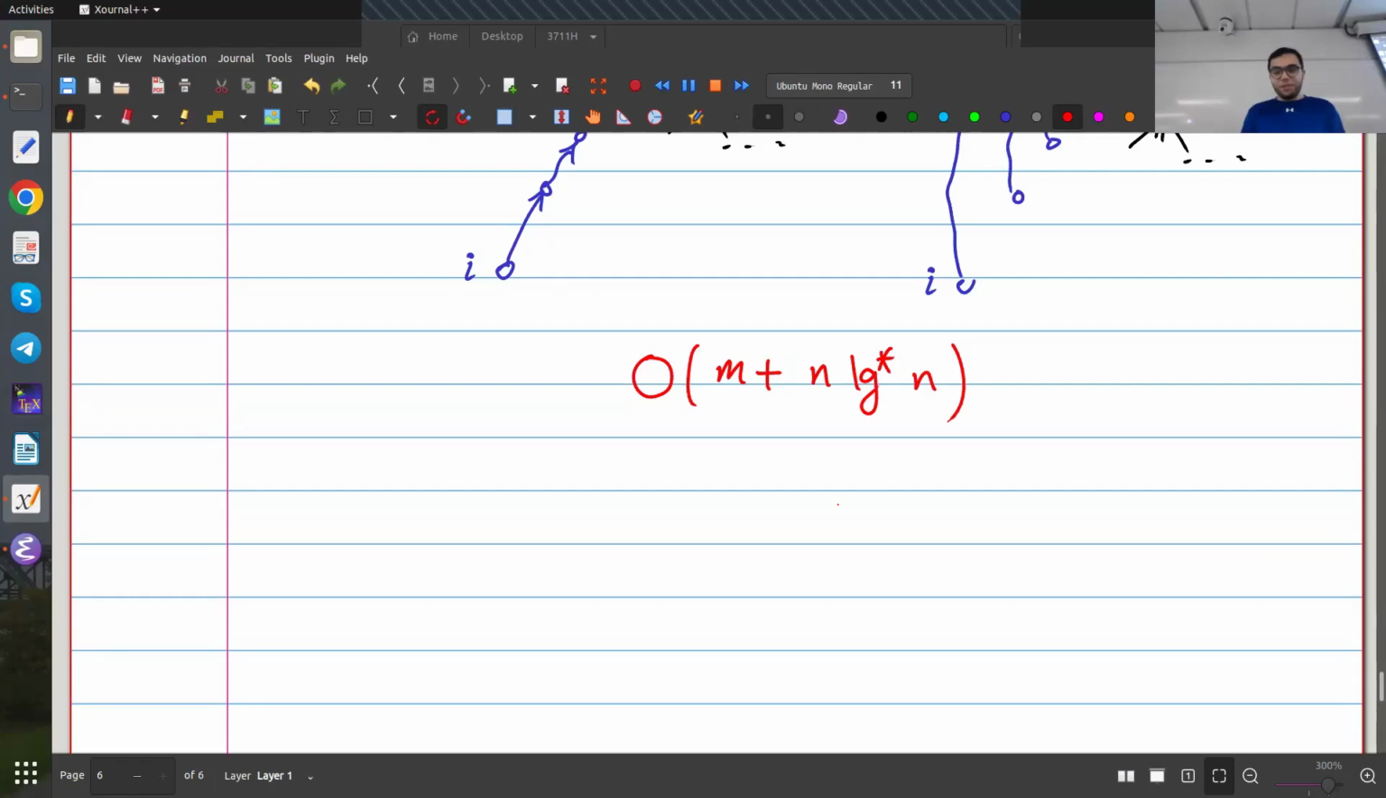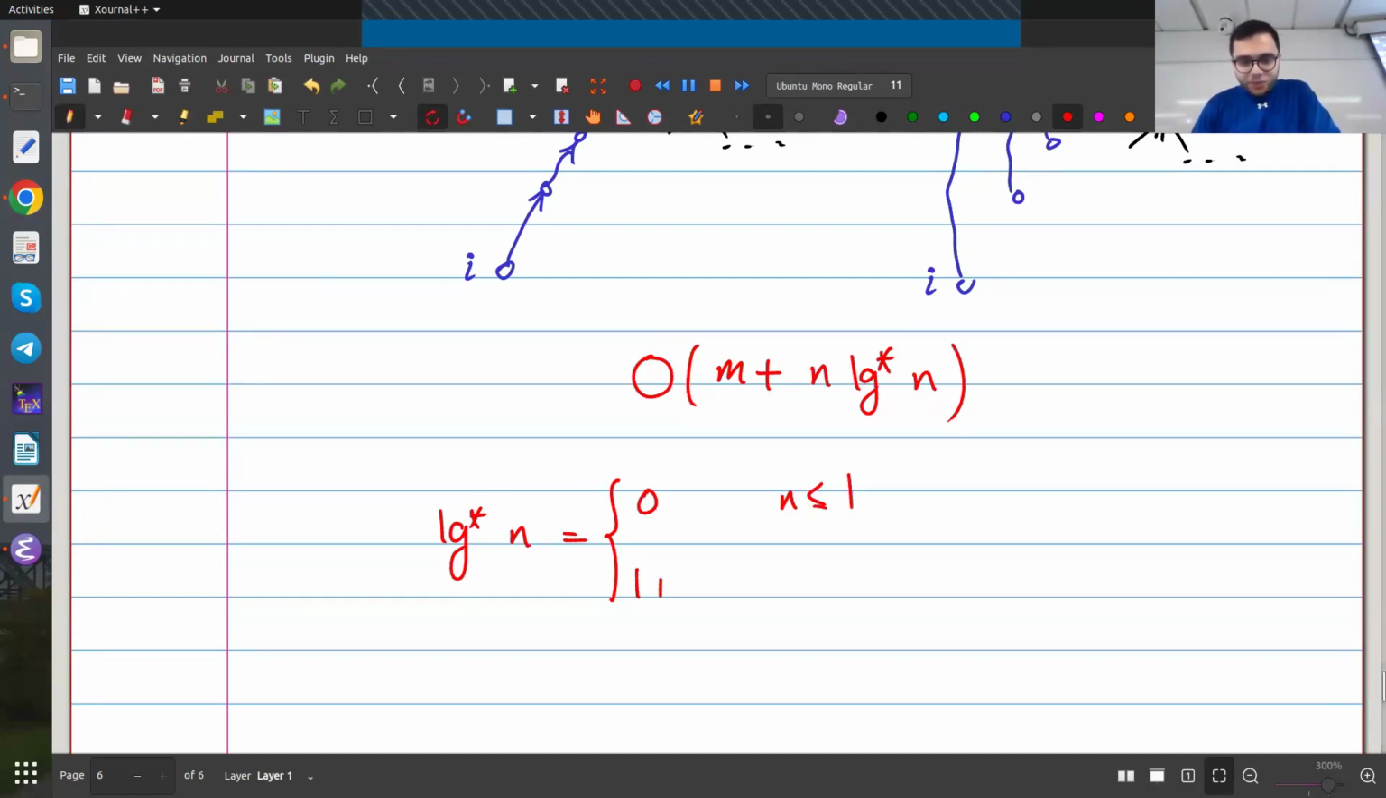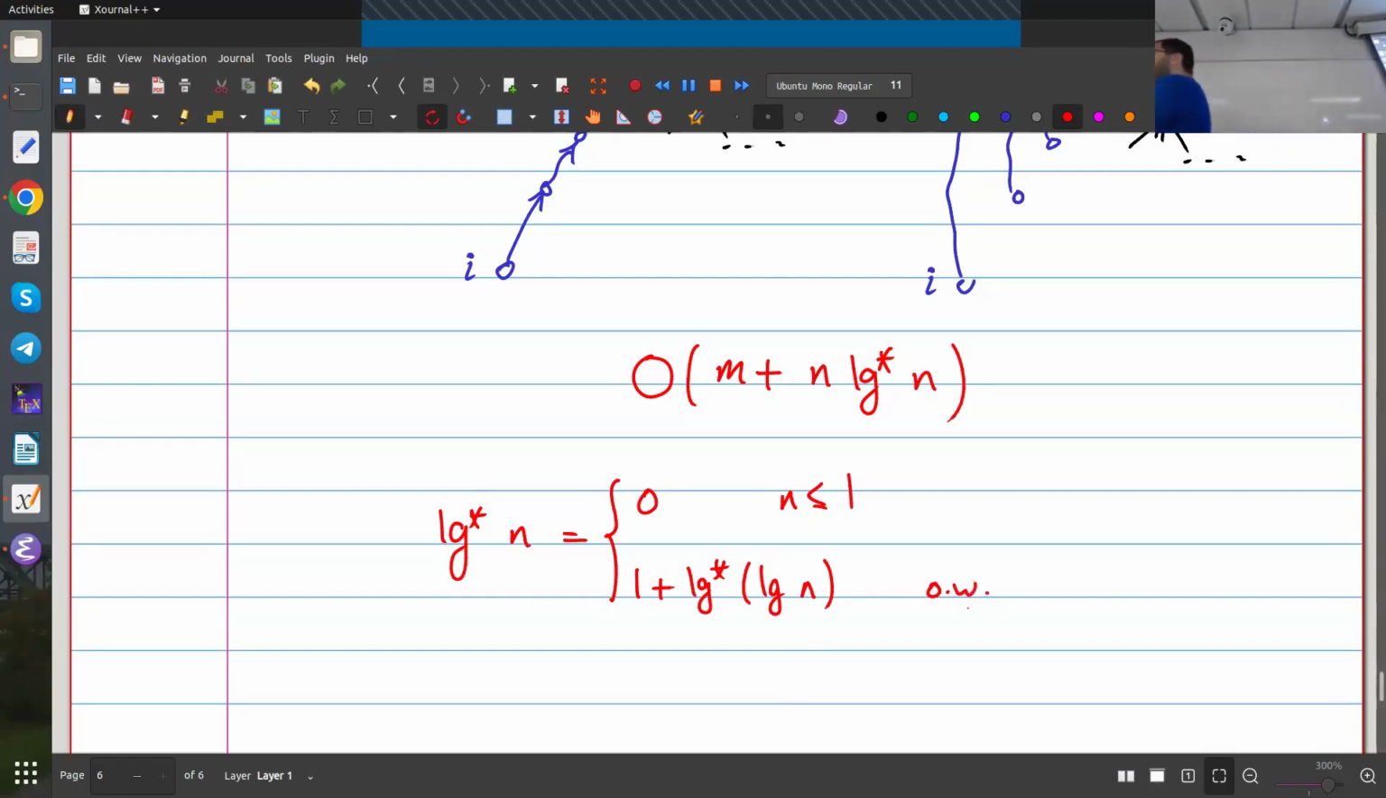And for those of you who don't know what the log star is, it's the number of times that you have to apply the log function until you get 1. It's going to be 0 if n is less than or equal to 1. Otherwise, it's 1 plus log star of log of n. So basically, if I have a number n, how many times should I take its log until this number becomes less than 1? To visualize this,